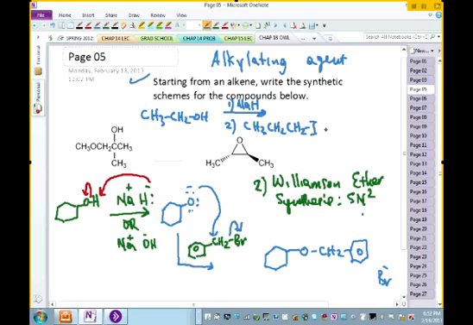And what will be the product? Will it be an ether? Yes. Okay, that is your classic Williamson ether synthesis. So in this case, you now have this. And what would be the name of that ether? There are two ways in which you could name it. Okay, there are two ways. Yes, go ahead.